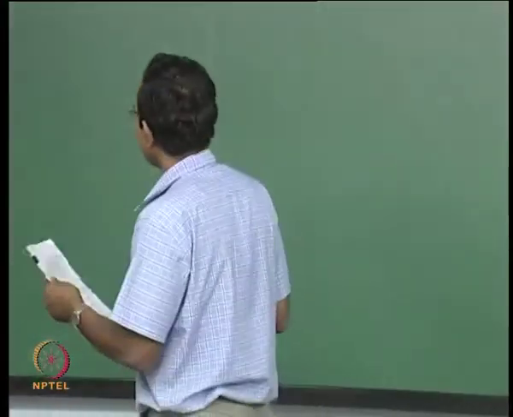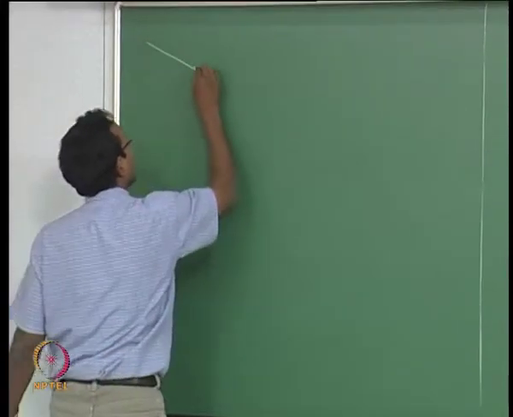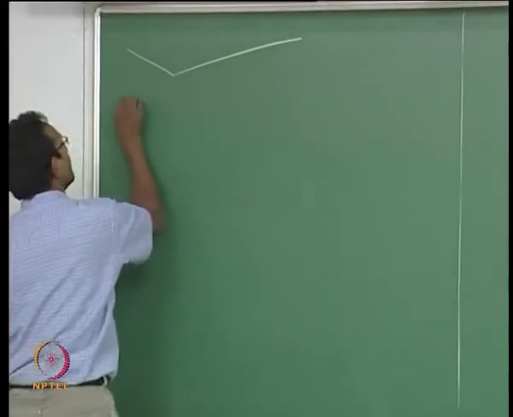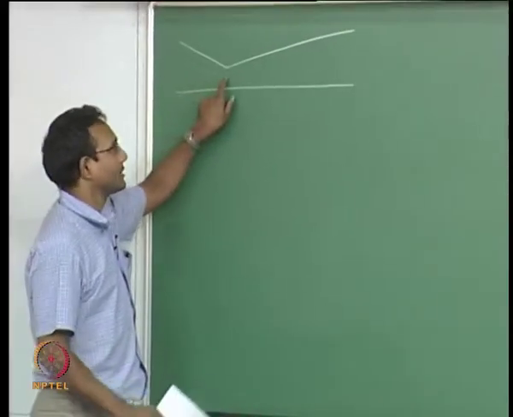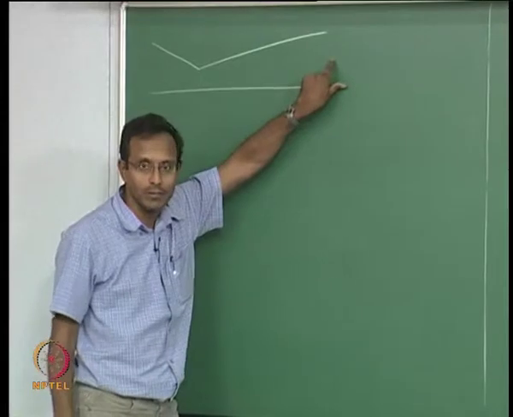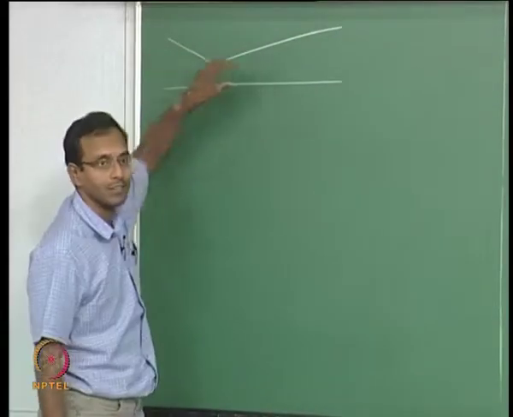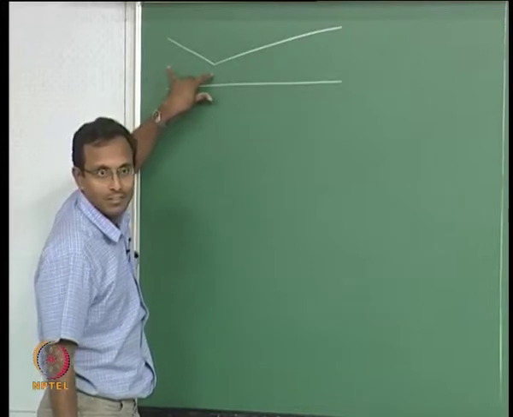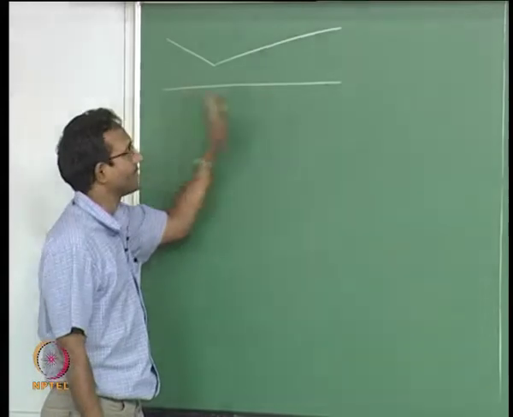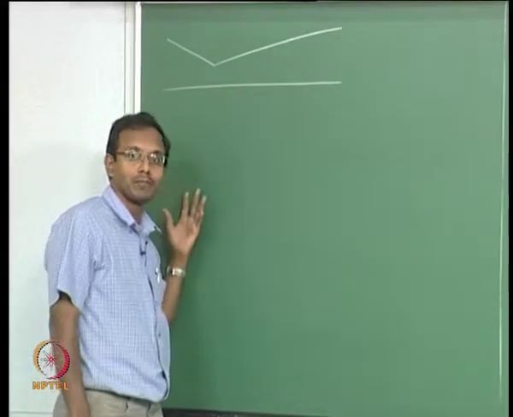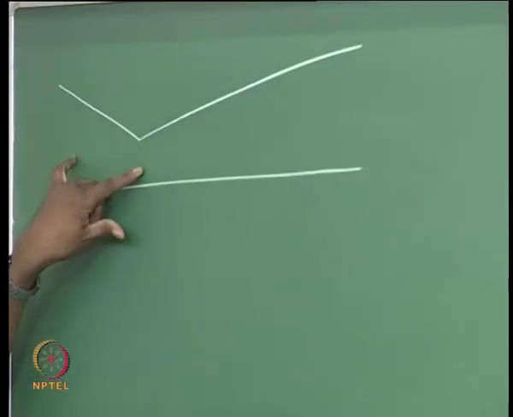Now a better one to do will be a case where it is non-isentropic somewhere in the middle. Even if it is subsonic here, becoming sonic and going supersonic all through here, we know that A star is this value and I am given area at every point. I know A by A star everywhere, which means I can solve this problem immediately. If it is fully isentropic problem, I just have to go to isentropic tables. A by A star will give me that particular Mach number.